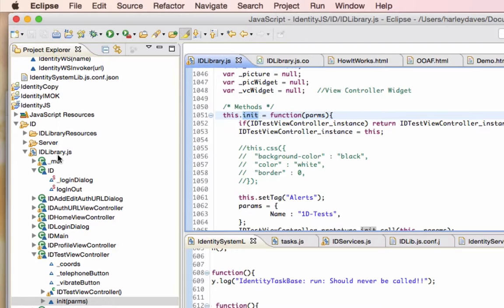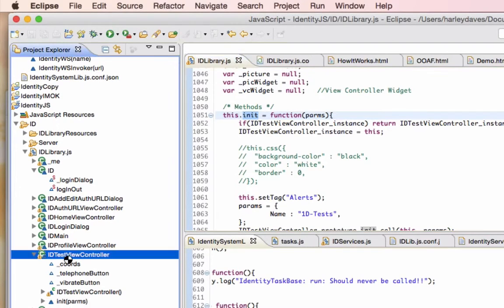to display my JavaScript in an outline form here on the left, and it highlights all my JavaScript classes, which implement this application. By the way, there's only one file, one JavaScript file that contains all of my software. So you can imagine what it's like to write an application natively in Objective-C or Java, and the number of classes in the case of IOK, it's about over 100 classes, and all of that fits in one file in IdentityJS. Here are the classes, and the class we're interested in is the ID test view controller, because that's the